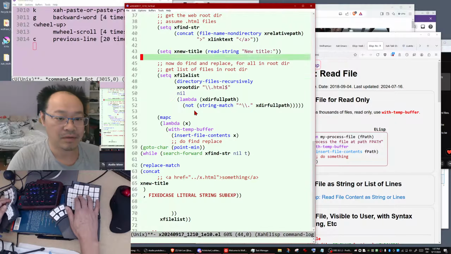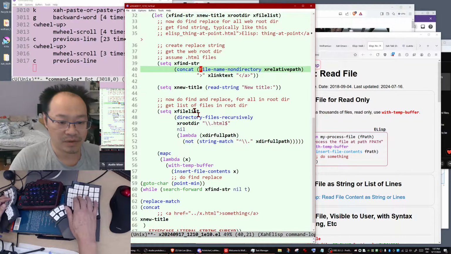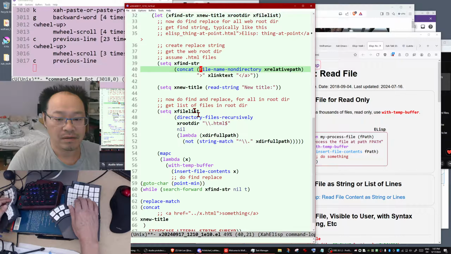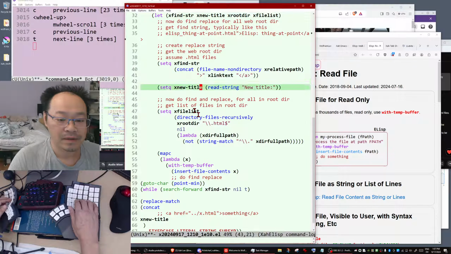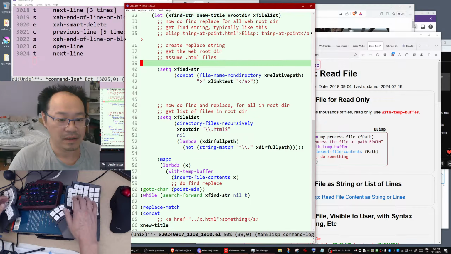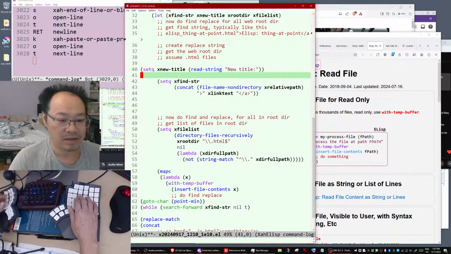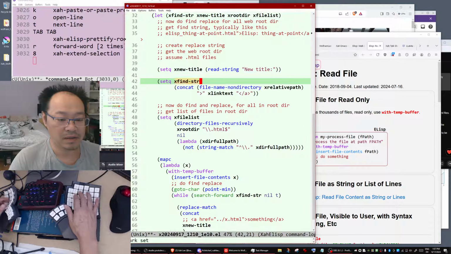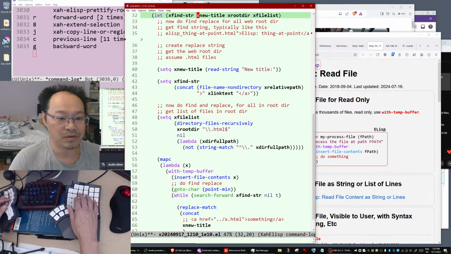Okay, let me just do this quickly. This find string, so let's ask the new title first. Okay, ask the new title first, then you declare a replace string. Okay, find string and declare a replace string.